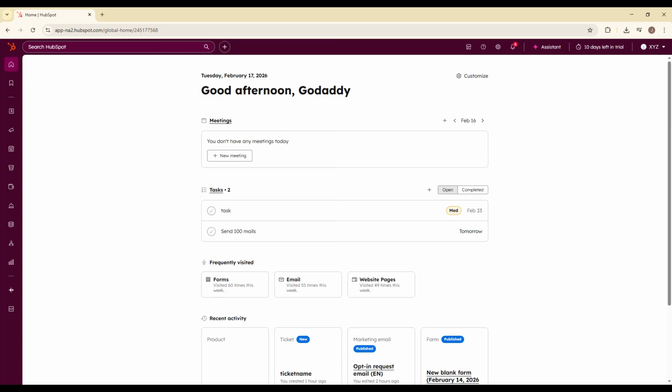In today's video, I'm going to show you exactly how to manage enumeration property options in HubSpot. That includes how to add new dropdown choices, edit existing ones, reorder them, and safely delete options without breaking your data. If you work with contacts, companies, deals, tickets, or custom objects, this is an essential skill for keeping your CRM clean and organized. Make sure to watch until the end so you don't miss the important details about internal